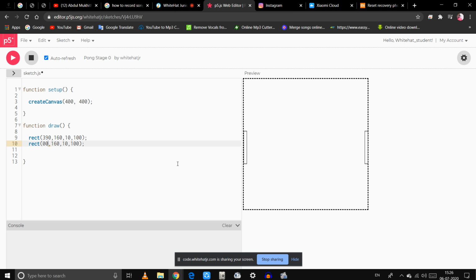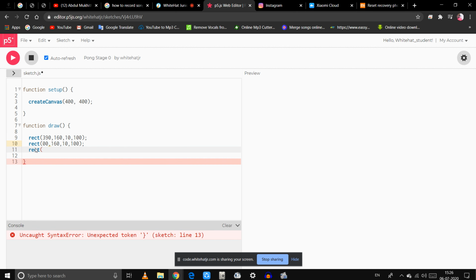The paddle, ma'am. No. Sorry, the center one. The box, yes, the ping pong ball is missing, right? How will you get it, ma'am? Circle, right, ma'am? No, rectangle. The ping pong ball was of square shape in the game. So square, I have to write it. No, you'll use the same rect instruction with different dimensions. Okay, ma'am. Different dimension. And tell me, where was the ball positioned in the game? The center, ma'am.